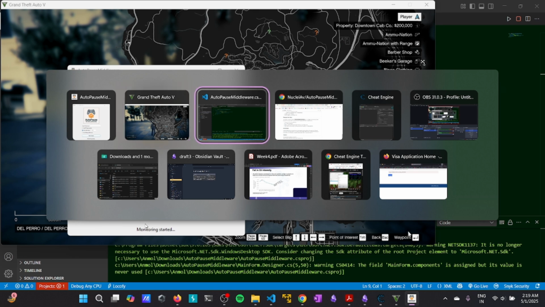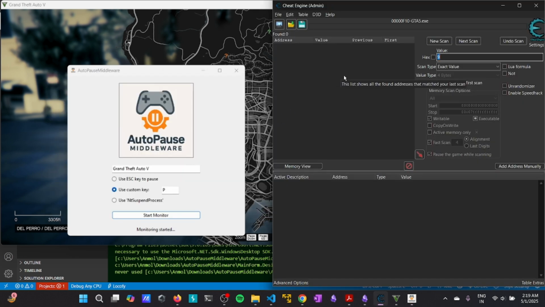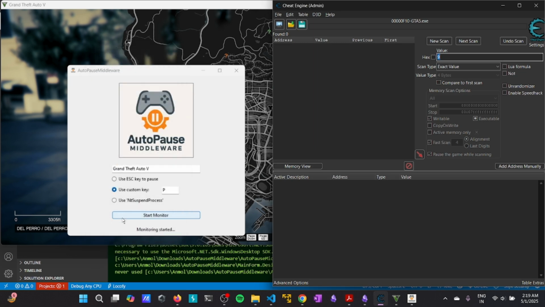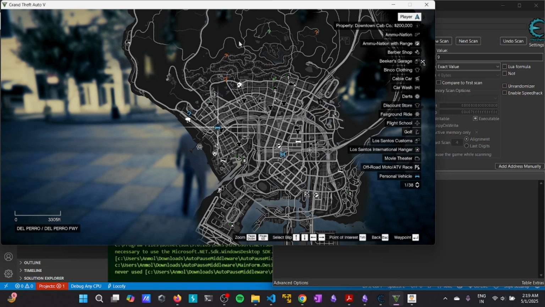Now when I go to Cheat Engine, I think I've already connected it. Yeah, I shall open again, and when I go back,